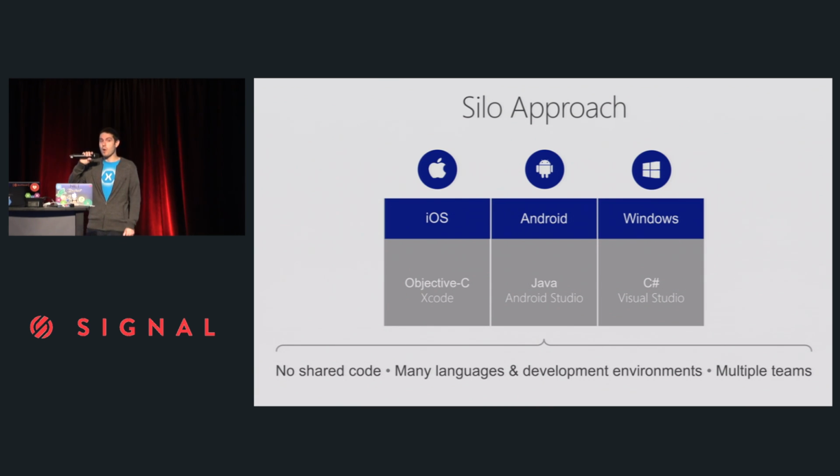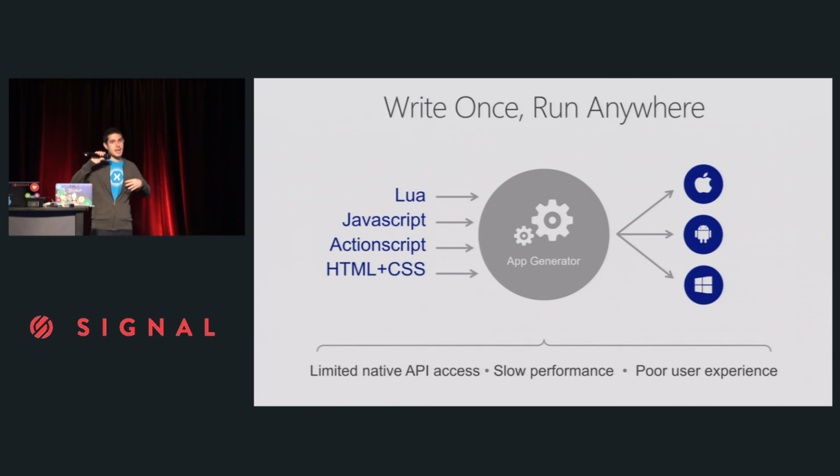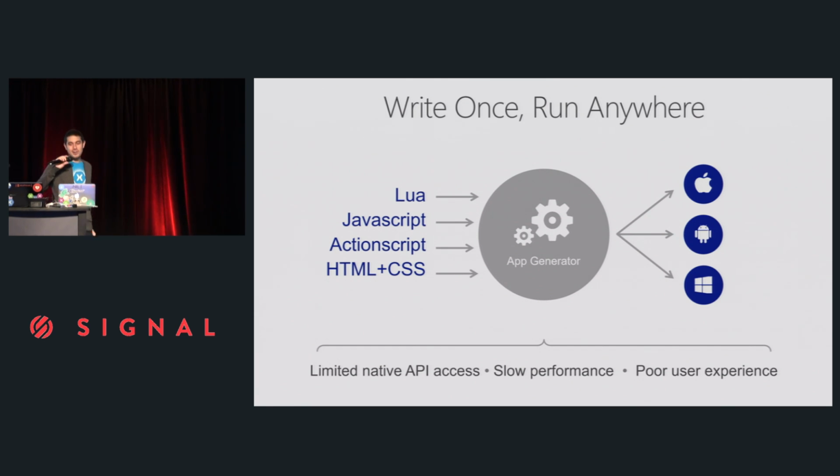So then you say, okay, well, what if I just wrote all my code once and just put it into this magic app generator box thing and then boom, apps. I'm pretty sure that's what my parents think I do, like code and then apps. Boom. That's what we do, right? Just apps. They come out of nowhere. It's great. File new, boom, now you've got a great app.